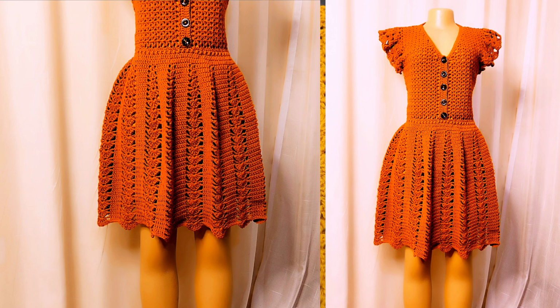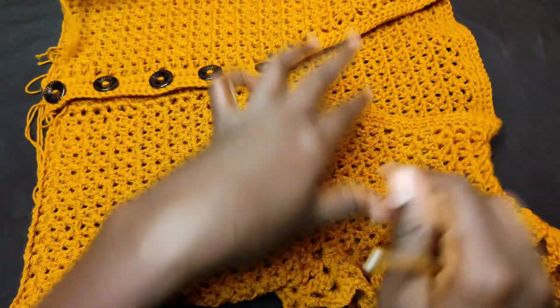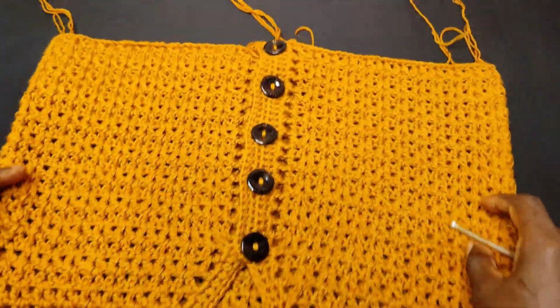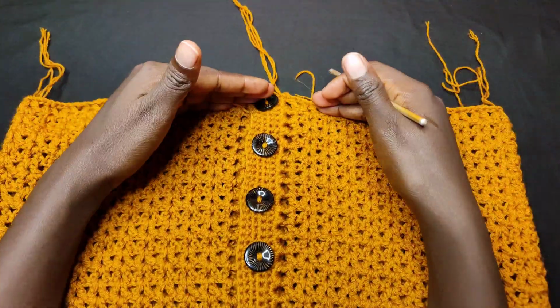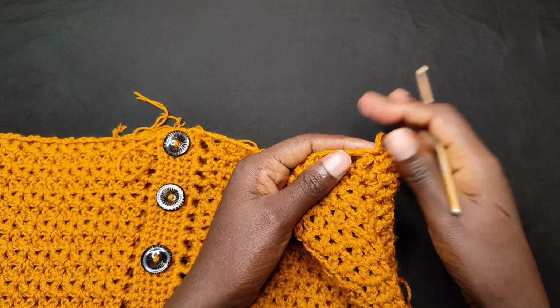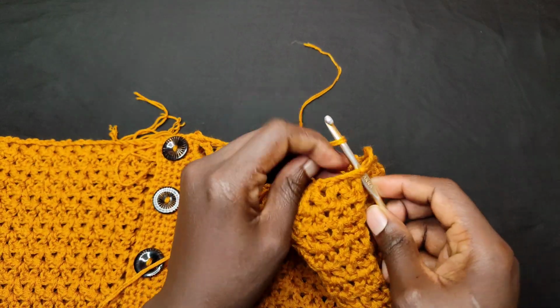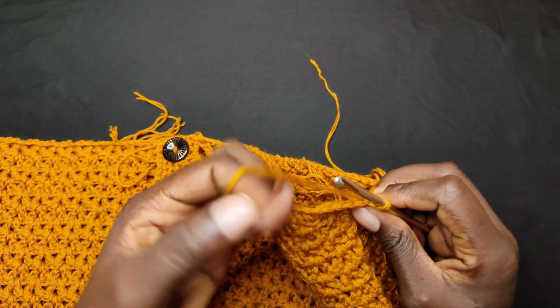Hi guys, so this is a continuation of the dress, so let's just continue from here. You're going to turn your work this way and you're going to work from here downwards, and I'm going to start from here. So I'm going to insert my hook into this stitch and I'm going to attach my yarn,